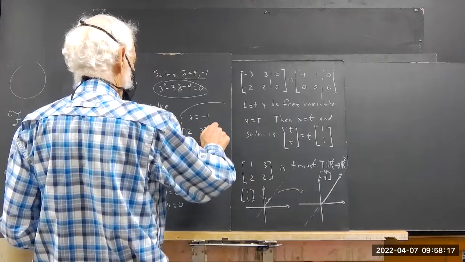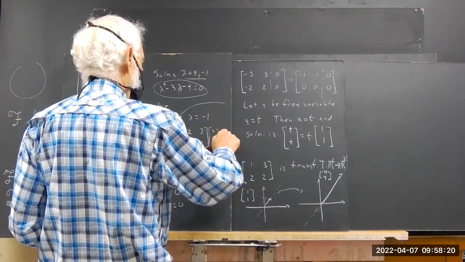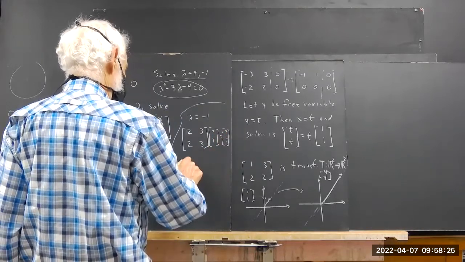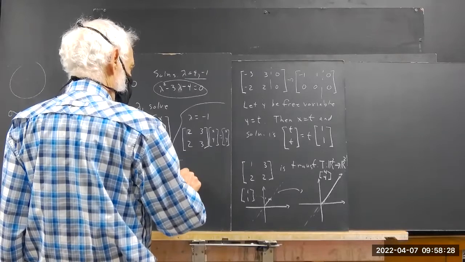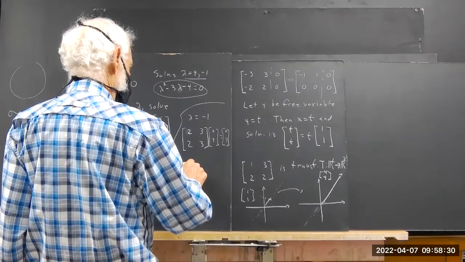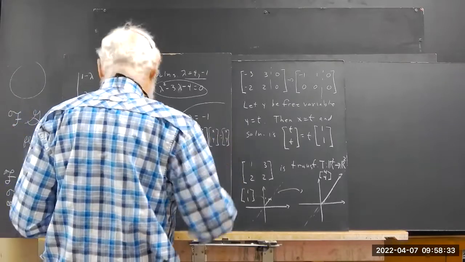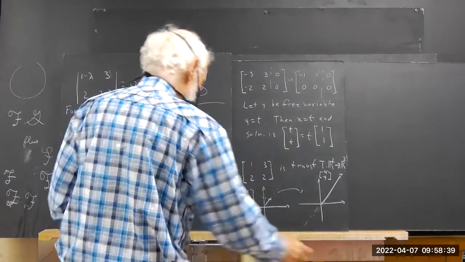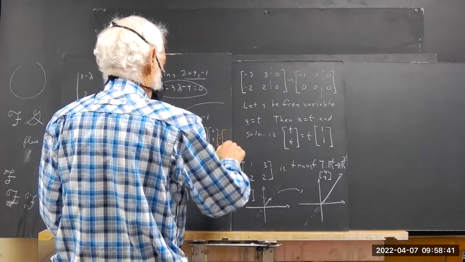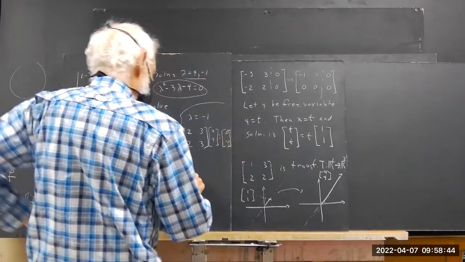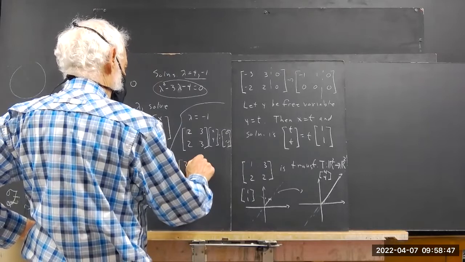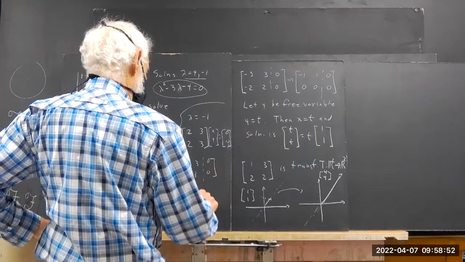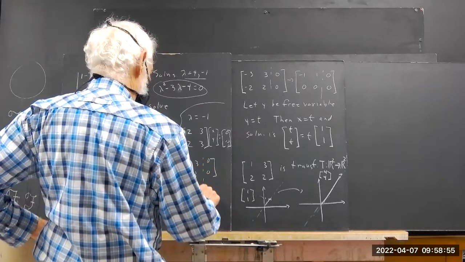So we get the matrix [2, 3] times [x, y] equals [x, y]. And that gives us the augmented matrix. I'm sorry, [2, 3] times [x, y] would be [0, 0]. That gives the augmented matrix 2, 3, 0, 2, 3, 0, which gives us a matrix of